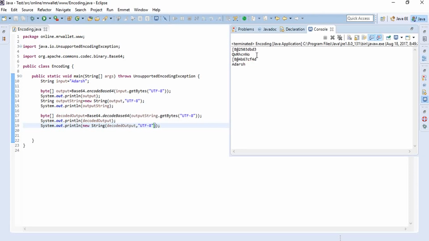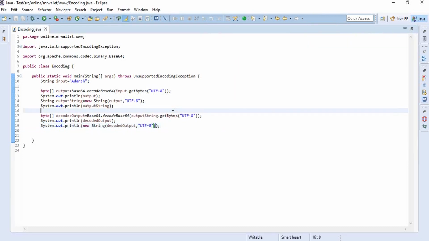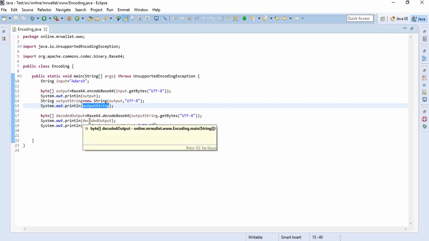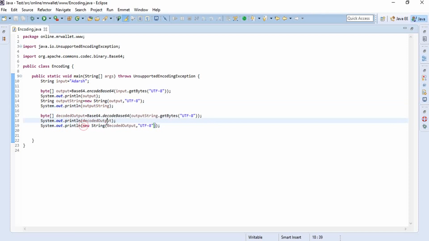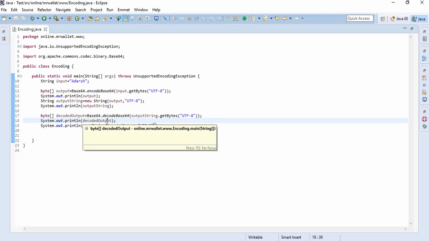There you go, this was our input, and after encoding it to this one, we are decoding it back to the original. So that is what we are getting. This is all the complete logic behind the encoding and decoding. You send the data in this format, and on the receiving end, this particular string will be decoded back to this format. In the next tutorial, we are going to be looking at encryption and how